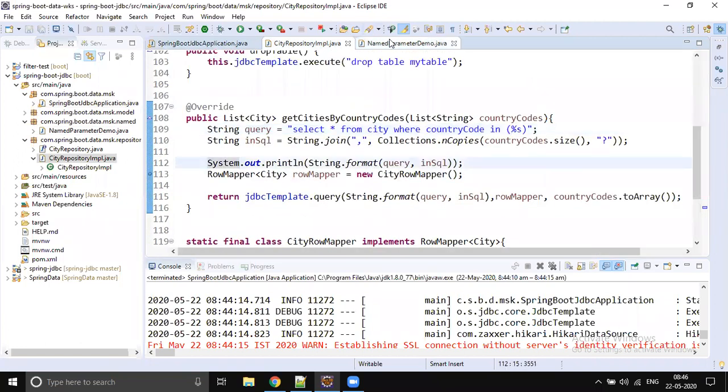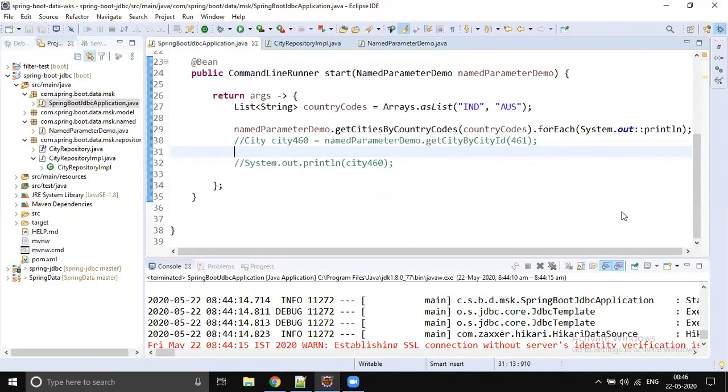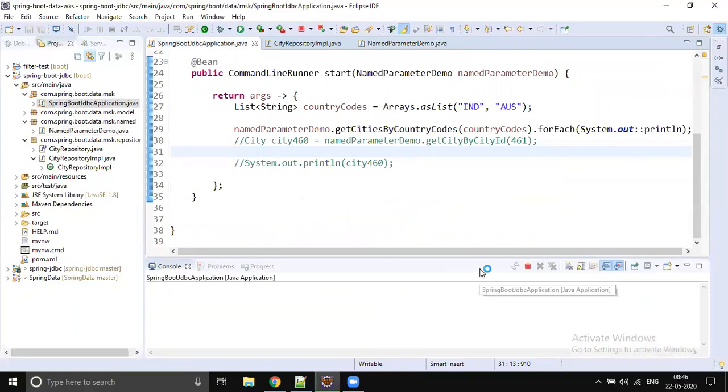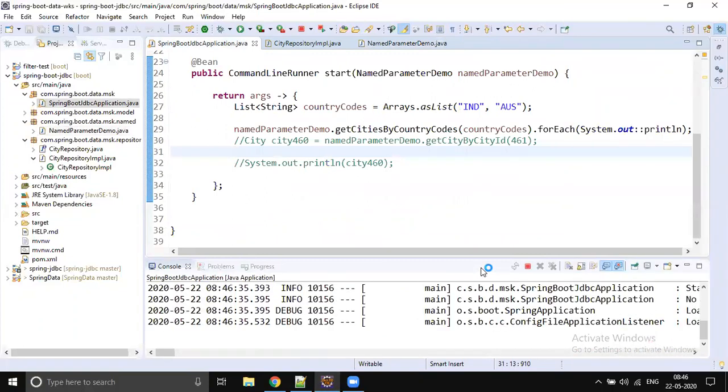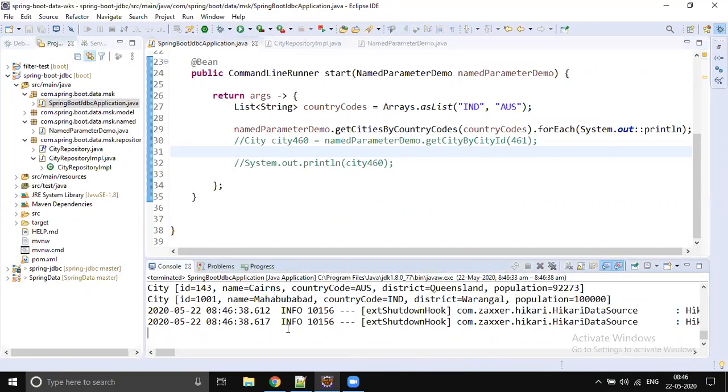When it comes to named parameter JDBC template, we are not doing any string manipulations. We are directly calling it. Let's run this code and see whether we get the output. Okay, it worked, so we got the data.